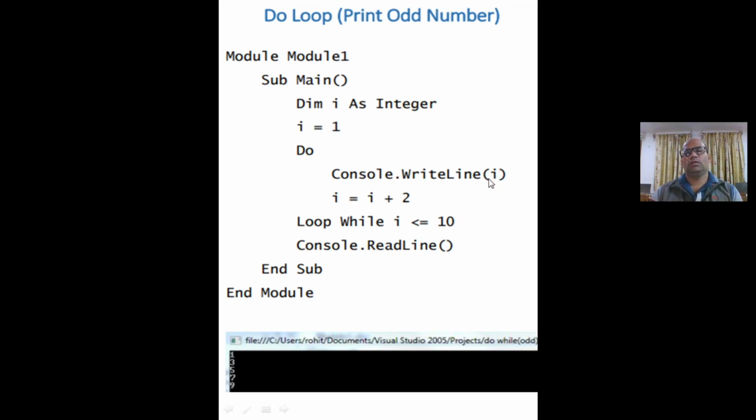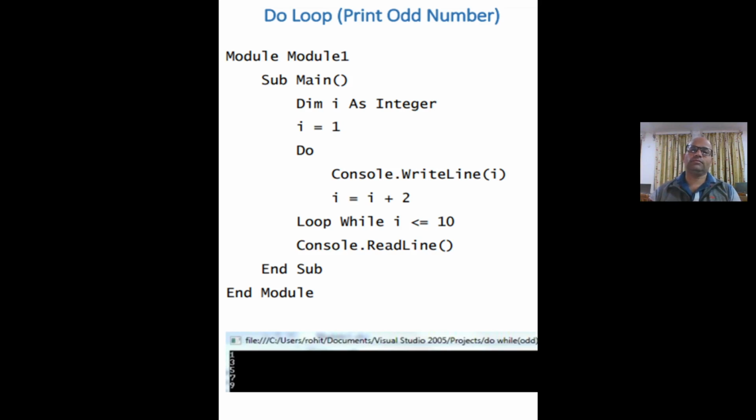So this statement prints the I value on the console at runtime. The I value here is 1, so Console.WriteLine prints 1 at runtime.